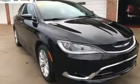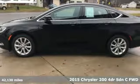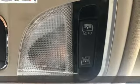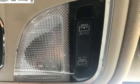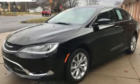Here's a 2015 Chrysler 200. This 200 was designed, engineered, and built to compete with the best. That means you win. It comes nicely equipped with features you'll love: streaming audio, power heated mirrors, front heated leather